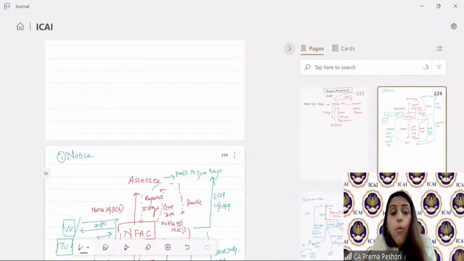So now, what is reassessment? The reassessment happens in cases where there is income escaping assessment. Earlier, there was a requirement on the assessing officer to have a reason to believe that the income has escaped assessment. Now, with the new scheme, the assessing officer can reopen the assessments if he has